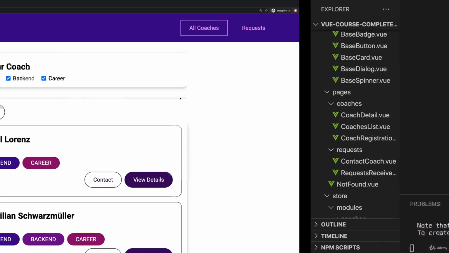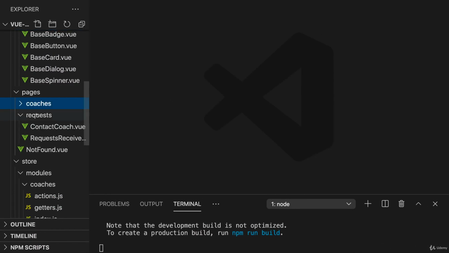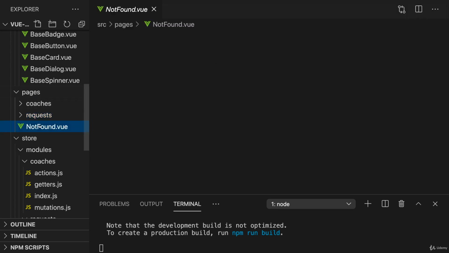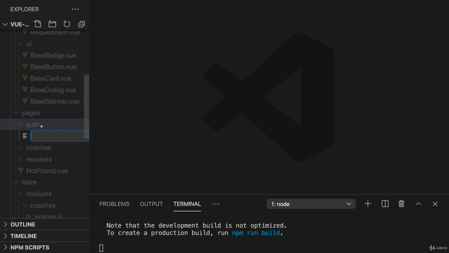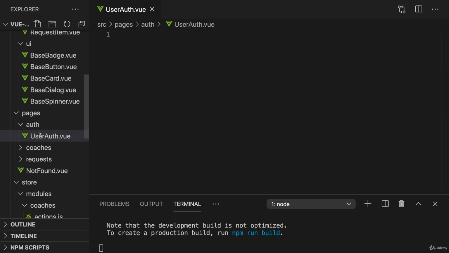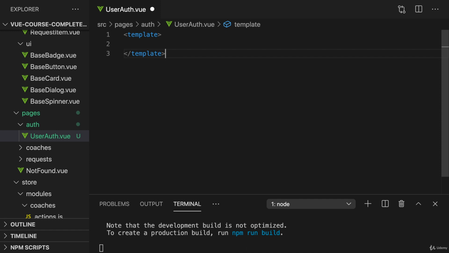So time to add a sign up page. For that, here under pages, I will add a new subfolder auth and in there add the user auth.view file, which will hold our user authentication form. And as I just said it, in here I want to have a form, a very simple form, where we